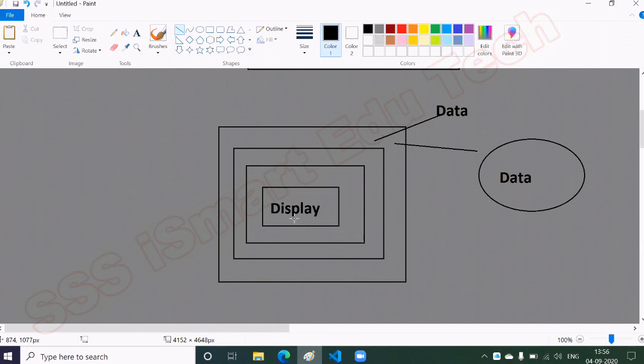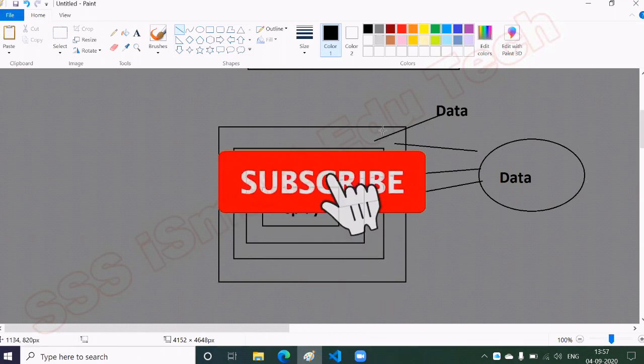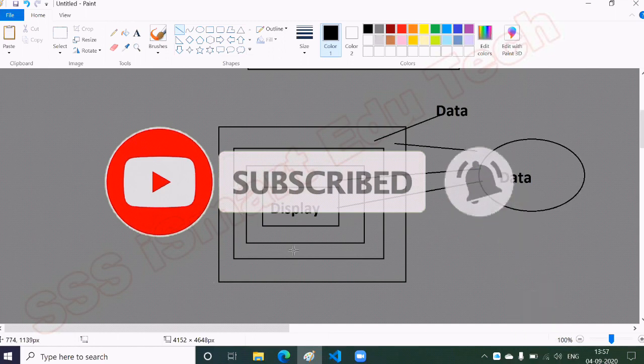Now D wants the data, so D will directly get it from here. The data is not passing from B to C to D; it is directly taken from your context object. If C wants the data, C will directly take it from the context object, which is created in A component, where A behaves as the parent component for all your components.